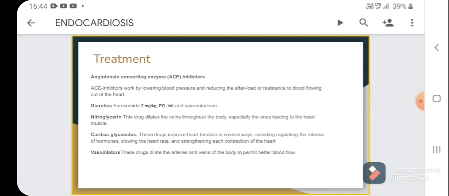Next, we have beta blockers. These are drugs such as propranolol, atenolol, sotalol, carvedilol. They are used to slow the heart rate and lower the blood pressure. Beta receptors are present in the heart. These drugs block these receptors, and it helps in lowering the heart rate. Carvedilol has shown a more favorable effect in treating human heart failure, and it is also gaining acceptance in veterinary medicine.